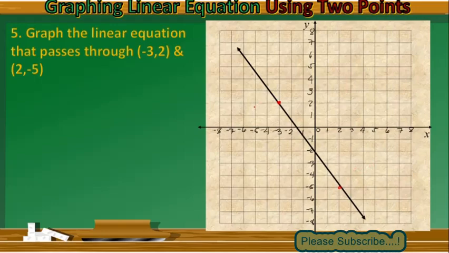So don't forget to write the coordinates in every point because that is your guide. Okay, then this one is 2 and negative 5. Okay. That is how to graph an equation that passes through 2 points,